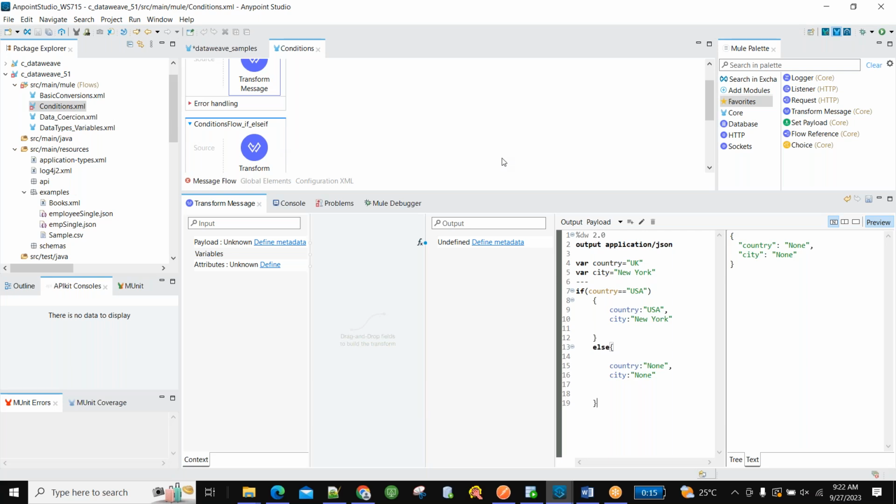Actually, in the Mule flow, we have debug mode to check the values at each and every point. But in the transform message, we don't have any debug mode. Directly, we have to give the conditions here and check here itself. Debug mode really helps a lot, but that is not given in the transform message of MuleSoft.